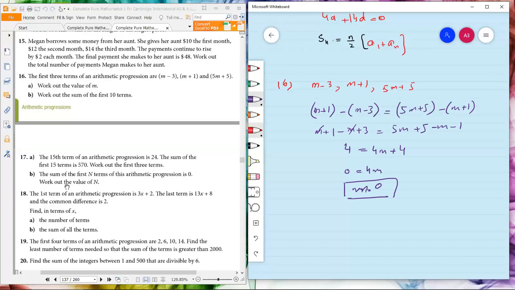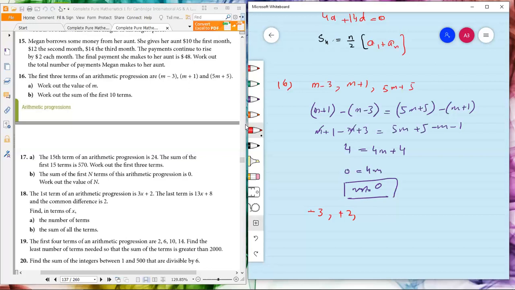So in the next part, it says work out the sum of the first n terms of this arithmetic progression. For this value of m, find the sum of the first 10 terms. You just put in the value, and the sequence becomes 0 minus 3, minus 3, then minus 3 plus 1 becomes plus 2, and 5m is